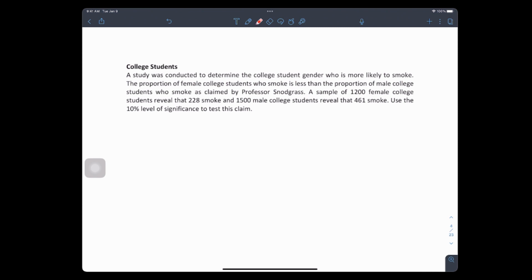Cheating and all that stuff. But how about this? I'd rather hear this. Who's more likely to believe in ghosts, men or women? I don't know. What do you think? Who's more likely to believe in ghosts? Women? Why would you say women? They have more intuition? They're more intuitive? Any ladies here not believe in ghosts? You don't believe in ghosts? Okay, that's fine. Where are the ladies that believe in ghosts?